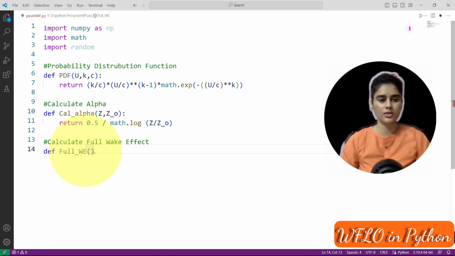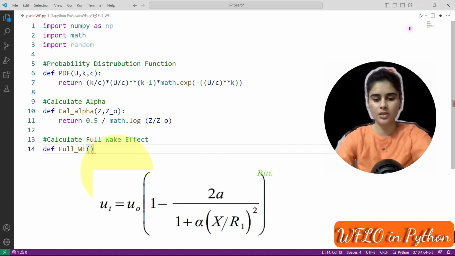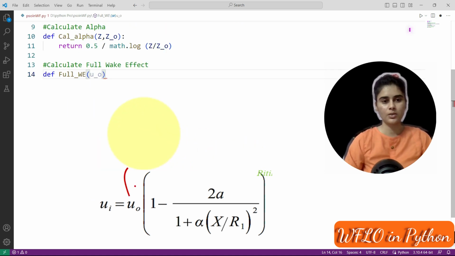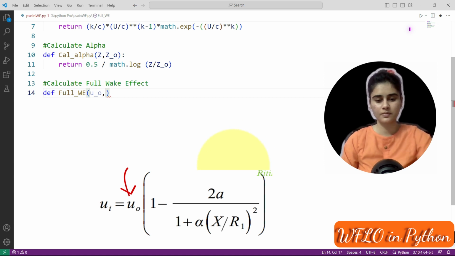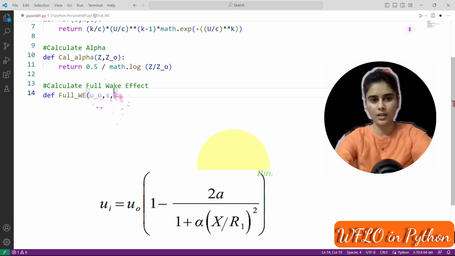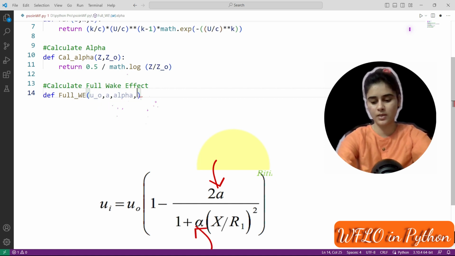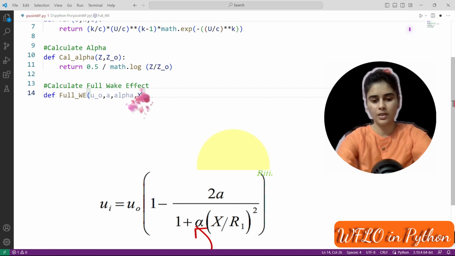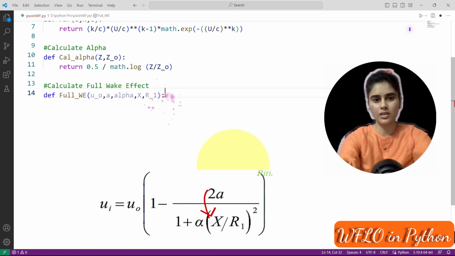This is the function name, full WE, that is the full wake effect. Now we have different input parameters for this. You can see in the equation here we have U0, that is the wind speed, A, then we have alpha, next we have the distance between two wind turbines, rotor radius.